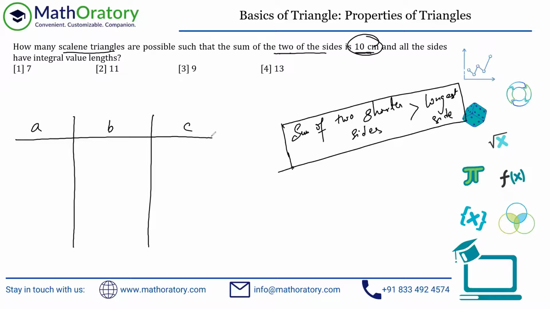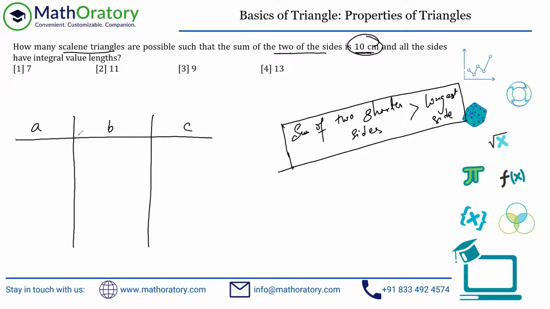So nothing fancy out here. And by the way, here a, b, c relatively doesn't matter, right? For example, if I associate 6, 4, and 9, even if I switch between them and write 4, 6, and 9, it really doesn't matter. It's the same triangle. So don't worry about the ordering of a, b, c. Just focus on how many different triplets can be formed, different number triplets. Because it's a scalene triangle, it has to be different numbers.